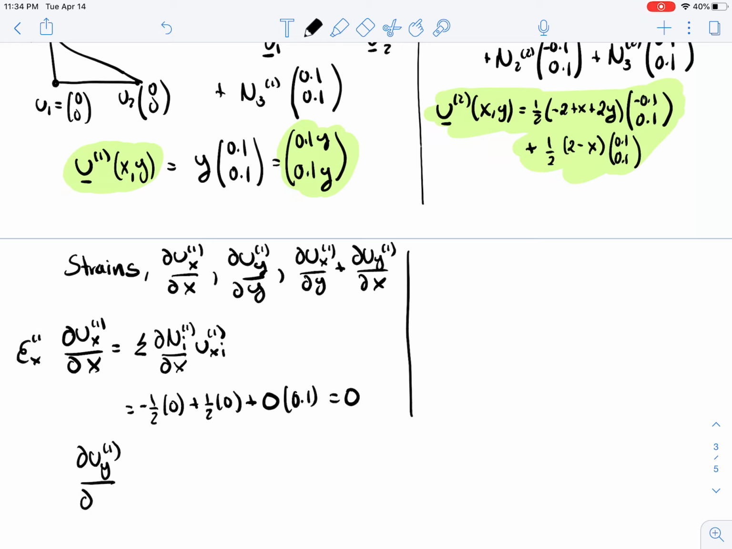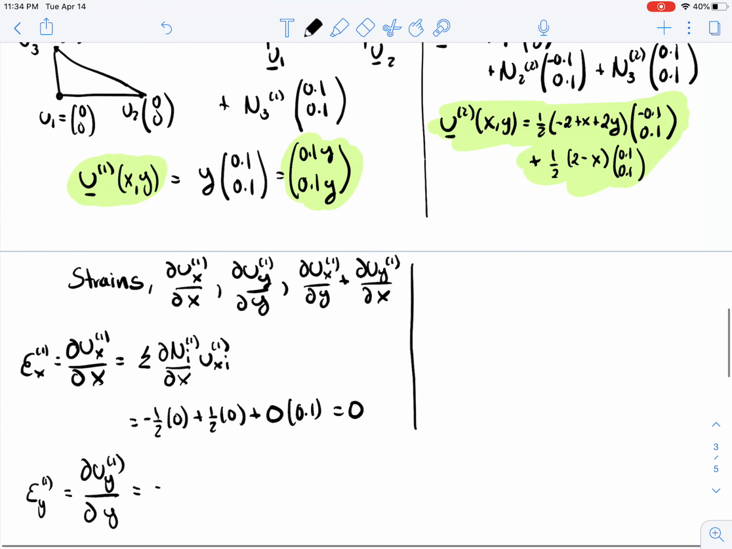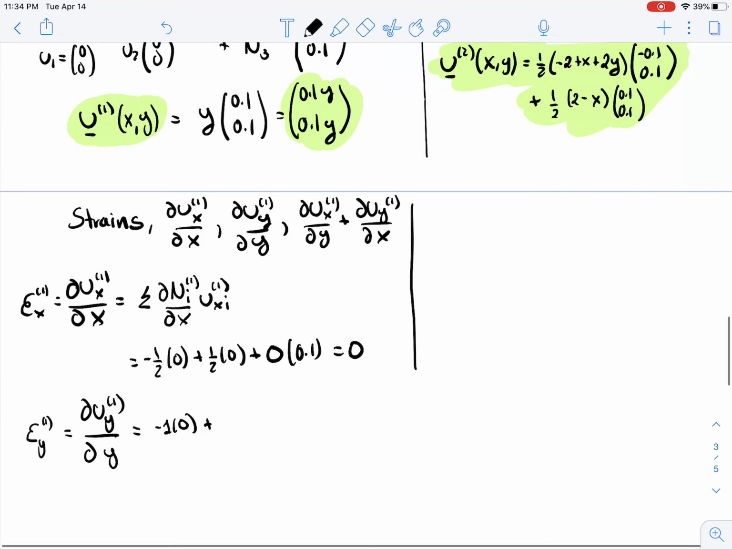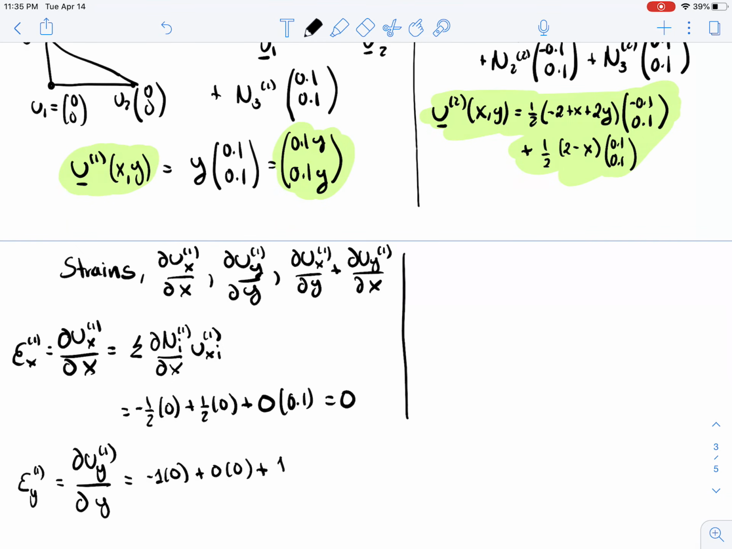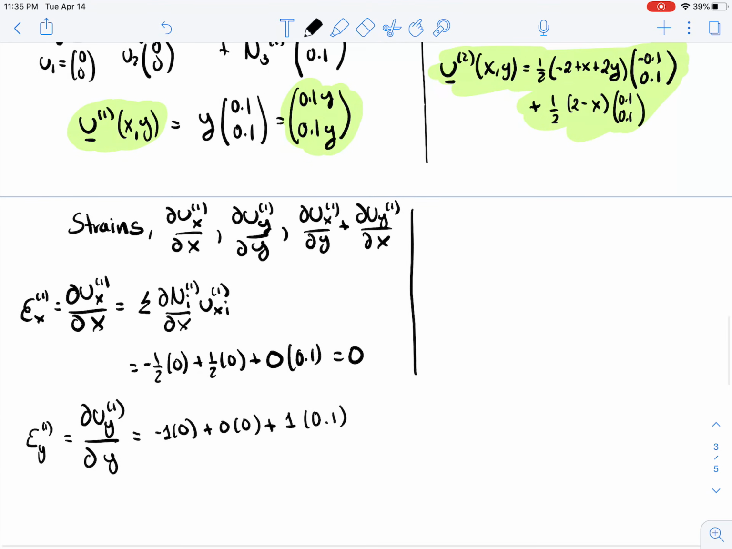And then I'll just do one more. The second strain will be, so this will be EX over element 1, and then EY over element 1 is going to be partials with respect to y is -1, but it multiplies 0, and the second one is 0 and it multiplies 0, and the third one is 1 and it multiplies 0.1. So actually this gives you the strain in the y direction is 0.1